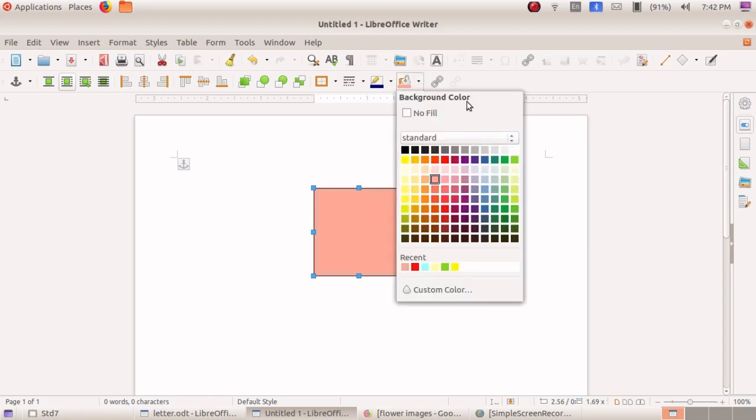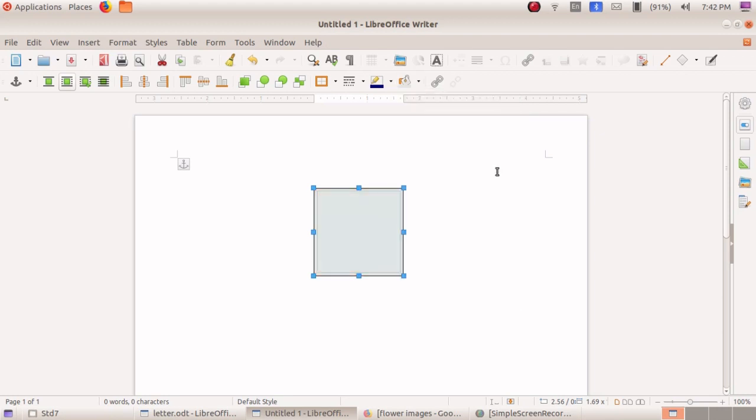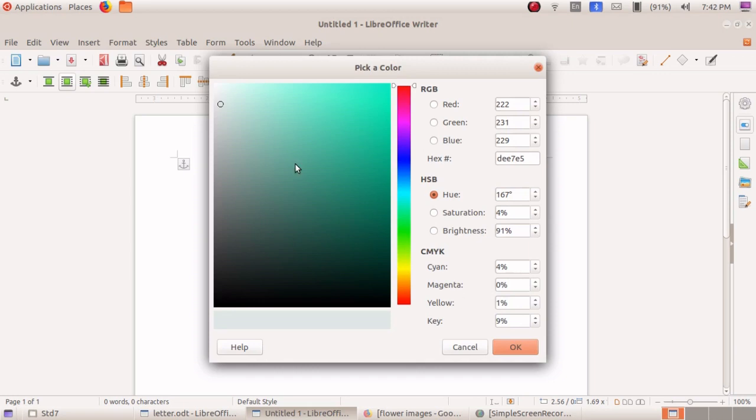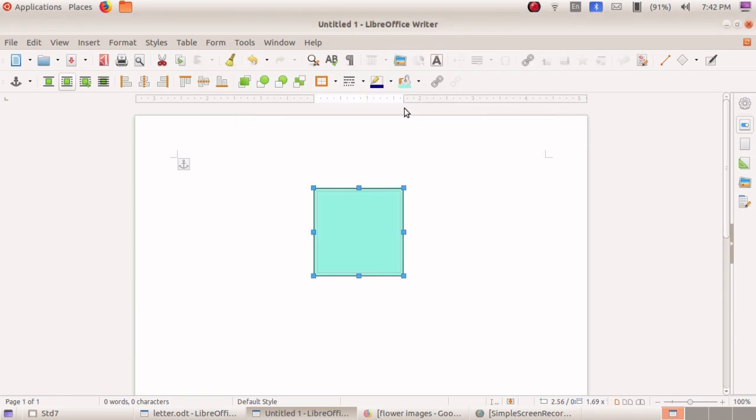I am selecting one light color. Other than this color, if you want to select more colors, you have to click on Custom Color. From this window, pick any one color and click OK. The color we selected here will be displayed as your background. This is the way to change your background.